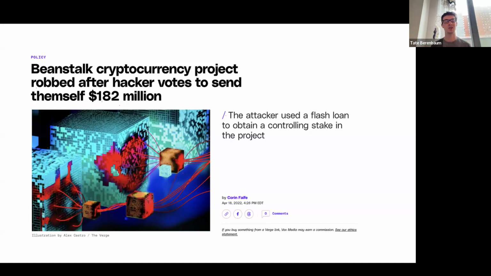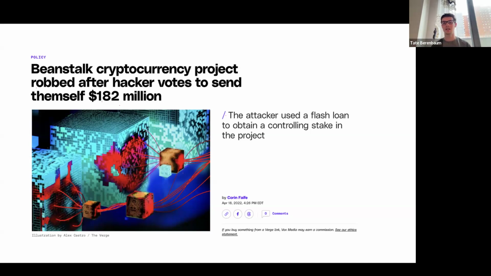Obviously, for a decentralized algorithmic stablecoin, that is not a behavior that we want to have incentives for. But yet, because Beanstalk didn't consider that when they were structuring the DAO, this incentive emerged and people took advantage of it because they were a self-interested actor acting on logic. And they were able to really take advantage of that.